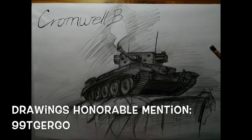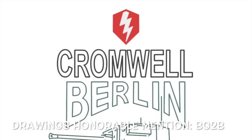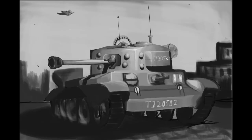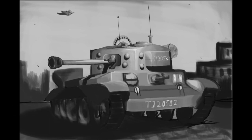Another great Cromwell B by 99T Jurgo. Very cool looking, very cool looking. And another honorable mention besides this, a Cromwell Berlin logo designed by BG2B. Very nice looking, very well done. But our first place winner for this is going to go ahead and be Warsaw with a really awesome looking Cromwell B. Very artistic. And that means Warsaw is our second first place finisher, and that just leaves one more